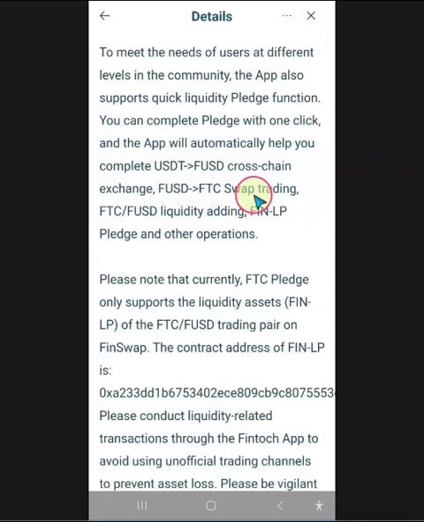So everything that I have covered in that elaborate demonstration, the company Fintoch, they have simplified that with just one click. So it will help to complete the USDT to FUSD cross-chain exchange. It will do the FUSD to FTC swap trading, and then it will also add to the liquidity pool, and then you can stake the LP. So it's just one click that will do all of this for you. But what is required for you to have though? You need to have FTC on the main chain for your gas fees,